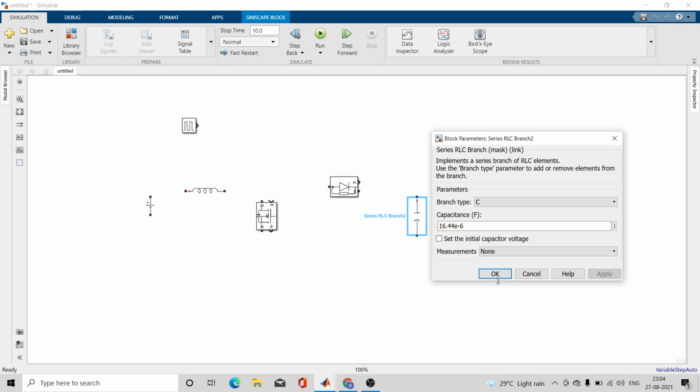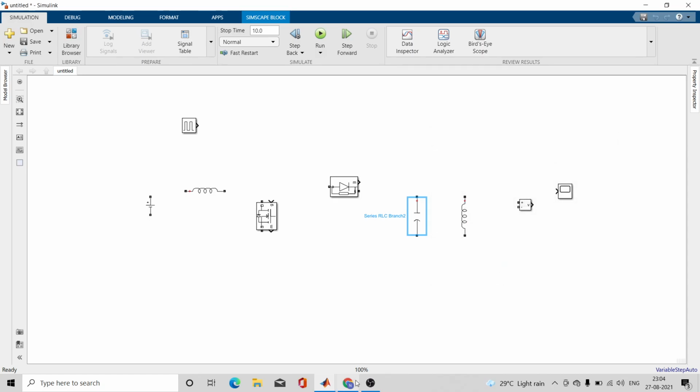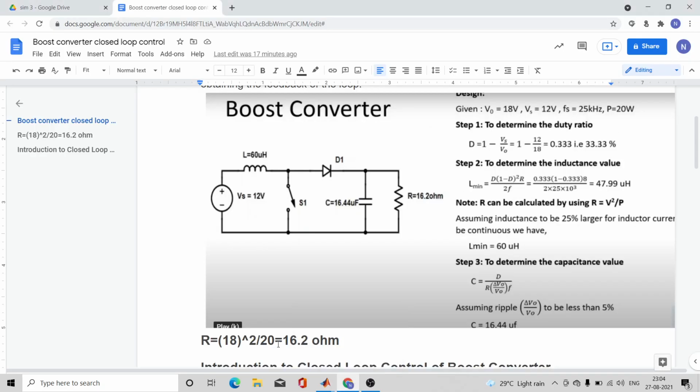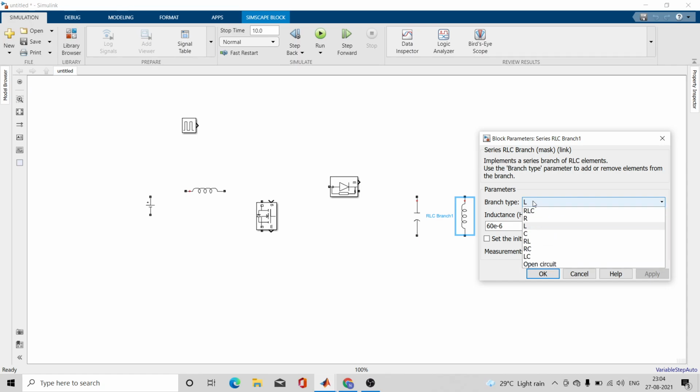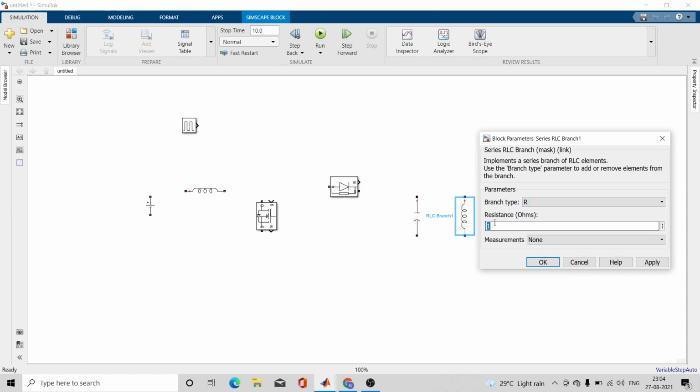And the resistor value that we have calculated is 16.2 ohm. I have to take here resistor 16.2, apply.